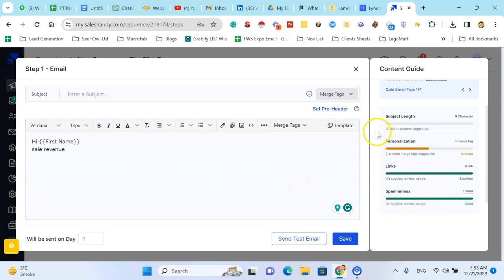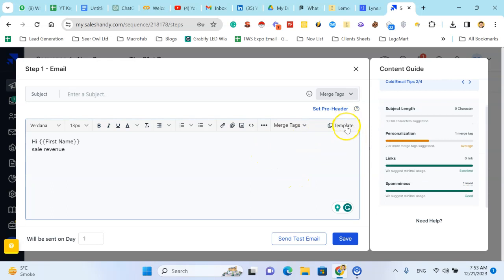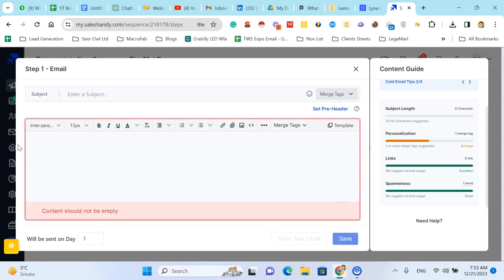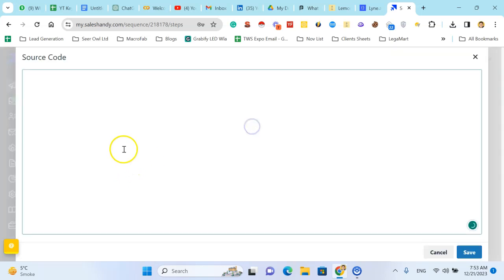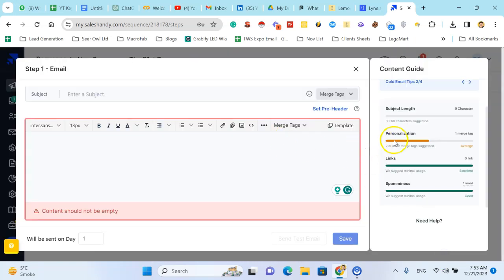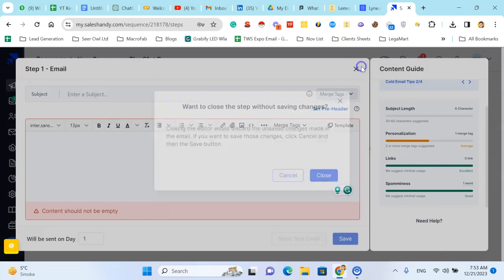You have to replace them. You can also use the pre-built templates, or you can just write your copy here, or you can use the code for this purpose. You can add some HTML code if you want to send an HTML based copy. Okay, after this